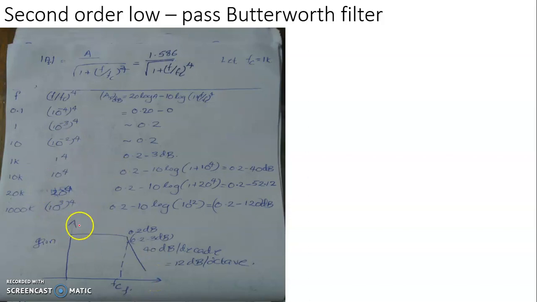Now on the basis of this analysis we draw a filter response. Log frequency is taken along the x-axis, decibel gain along the y-axis. As the frequency increases, the gain remains constant till Fc is reached. At Fc, of course, the gain is reduced by 3 dB. So this is the corner frequency. Beyond Fc or Fh, the gain will fall at a rate of 40 dB per decade, which is